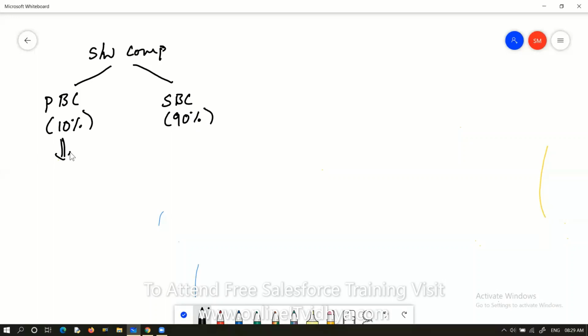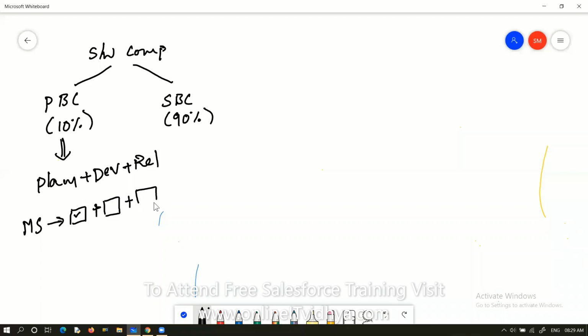If any company plans a software, develops the software, and releases the software, if all three activities are done by the same company, that is called a product-based company. Let's assume Microsoft. They planned to develop MS Office, the same company developed it, and the same company released that product in the market.